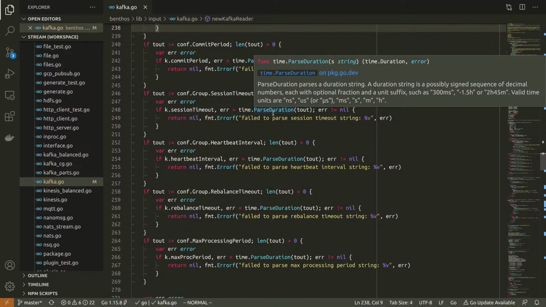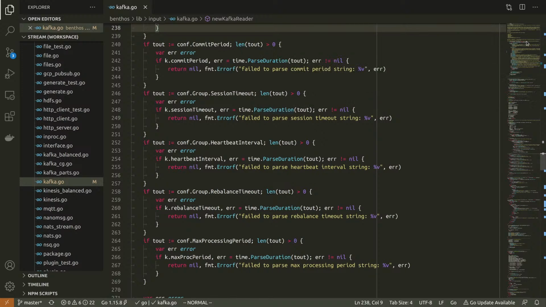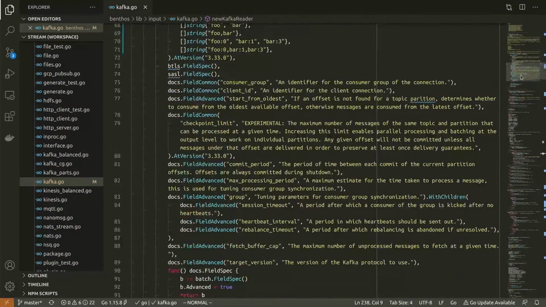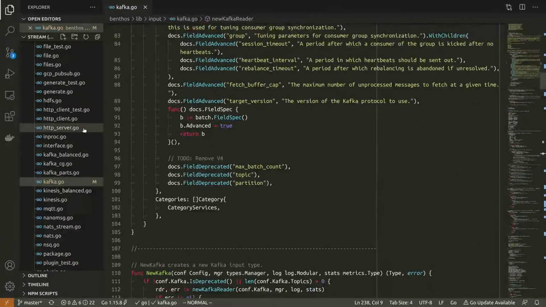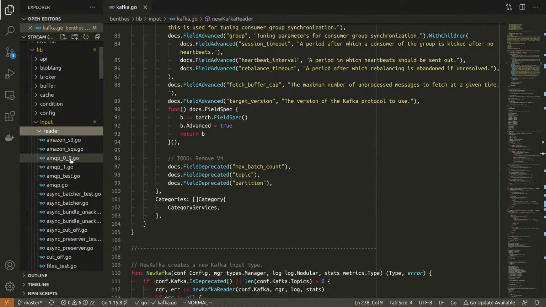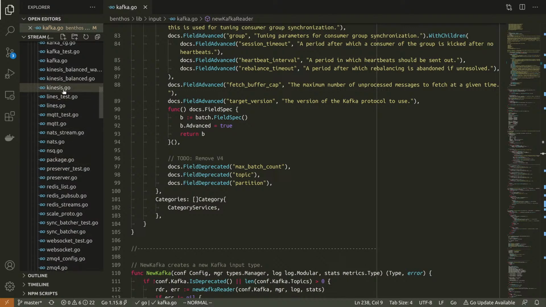But then eventually, when we have Benthos version 4, I'm going to have to make a call as to whether or not having a consumer group should be the default, because it seems a little bit safer that way. I suppose it's not. You're not going to lose data if you don't specify it, as long as the default for start from oldest is true, which I think it probably is. Let's have a look.